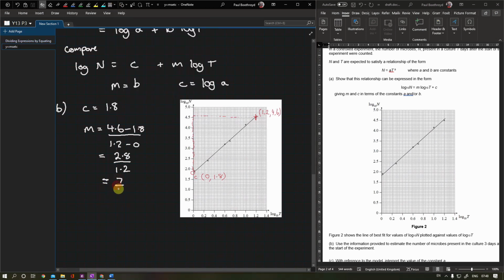which is 7 over 3. So that's giving me my parts. I can now put these into the equation. So n equals,